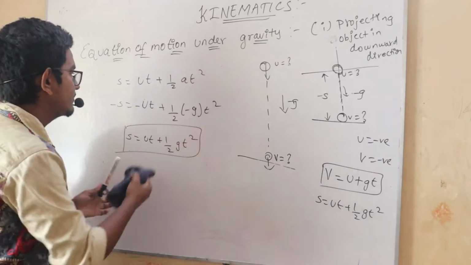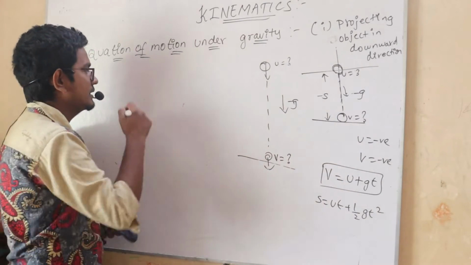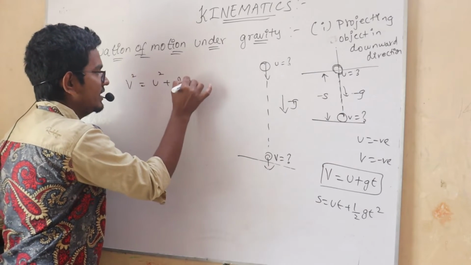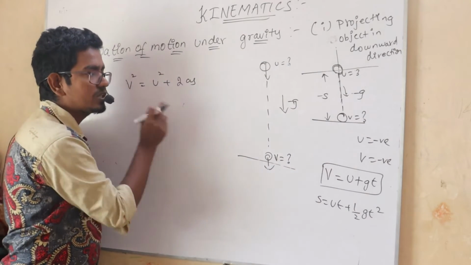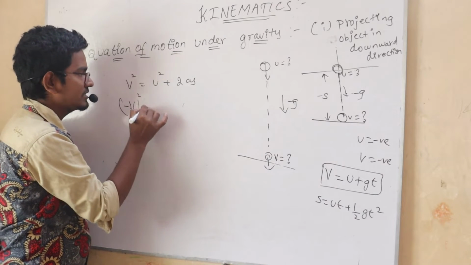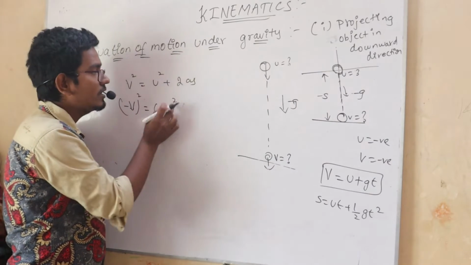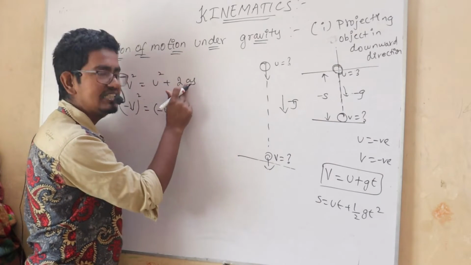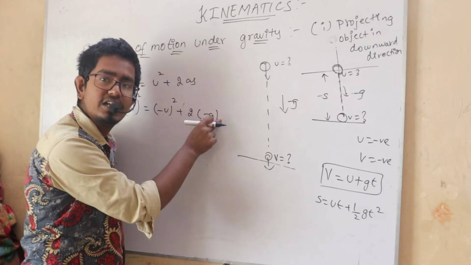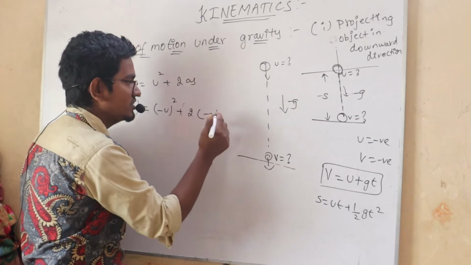Then I am going to derive my third equation by using my third kinematic equation, which is v square is equal to u square plus 2as. What is my final velocity? It is in downward direction, so it is minus v, and minus v whole square is equal to minus u, also in downward direction, square plus 2 into what is a? a is minus g. Acceleration due to gravity always acts in downward direction, in the negative y direction. So it is minus g into s.